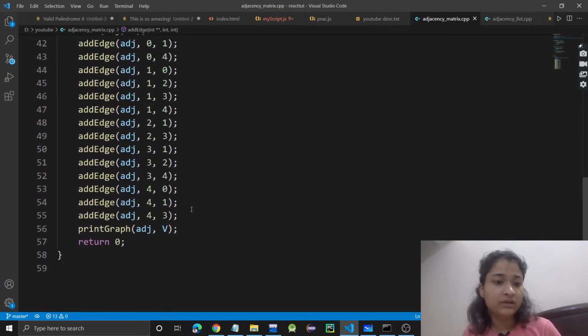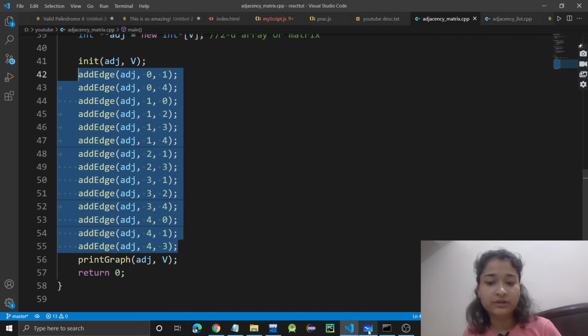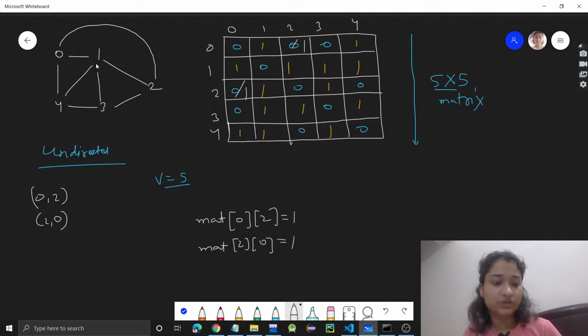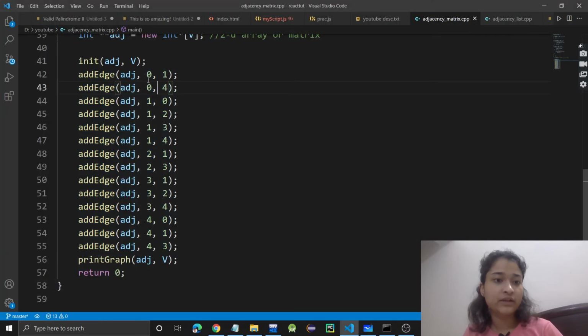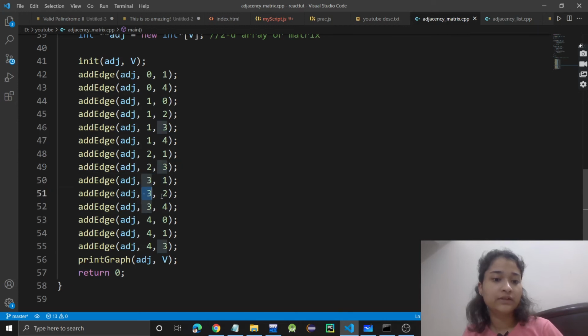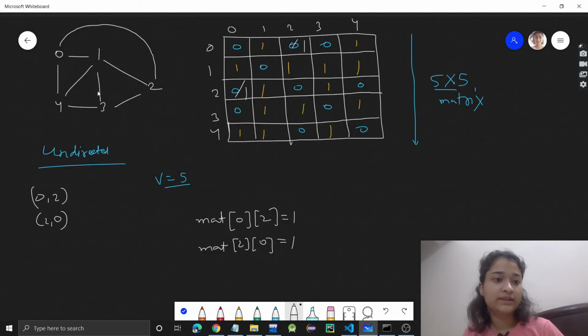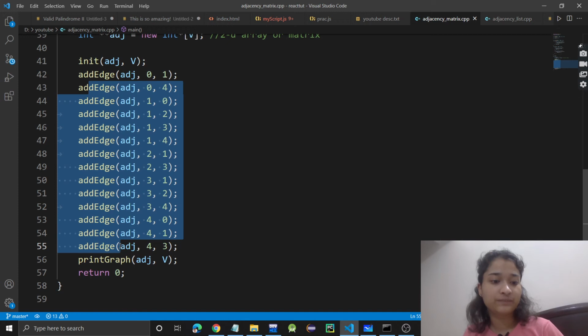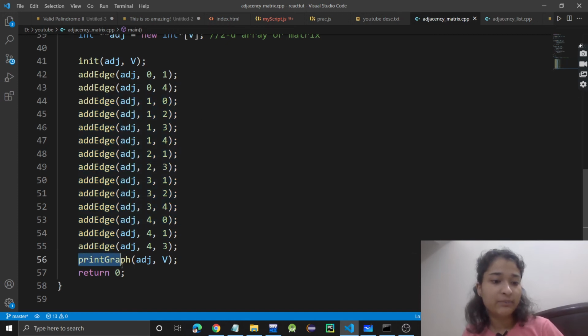After that, I am adding multiple edges, like 0 1, 0 4, 1 0, 1 2, 1 3, 1 4, 2 1, 2 3, 3 4, 3 1, 3 2, and so on. All these edges I am adding using this function. This is how I am creating the matrix, and at last I am printing that matrix.